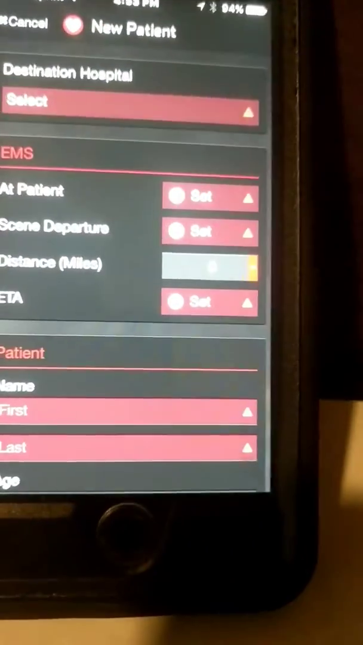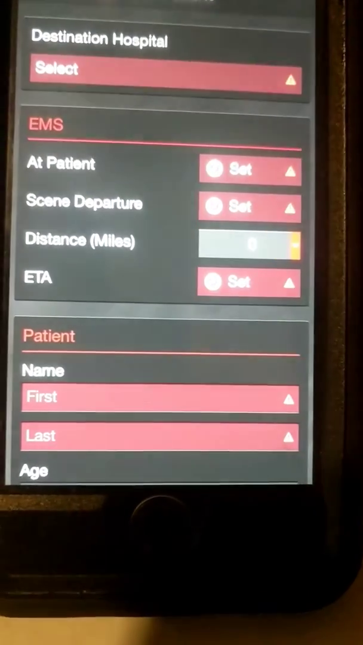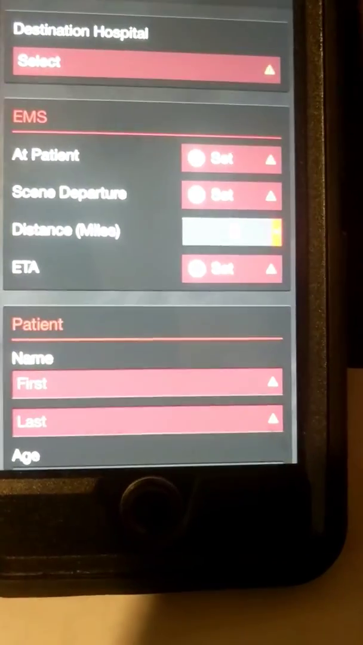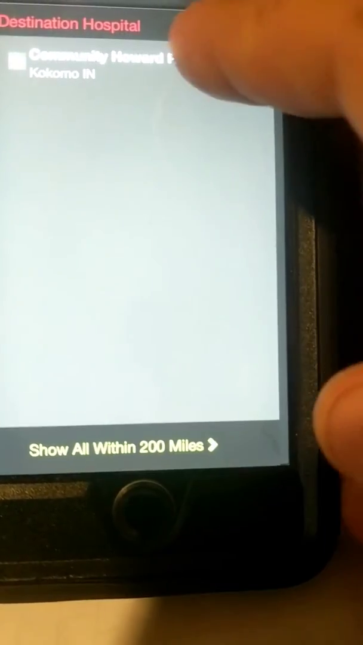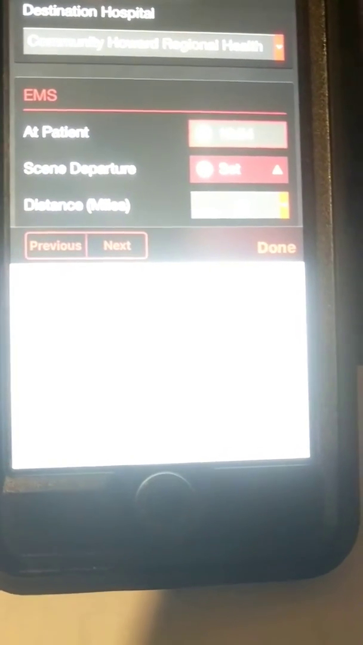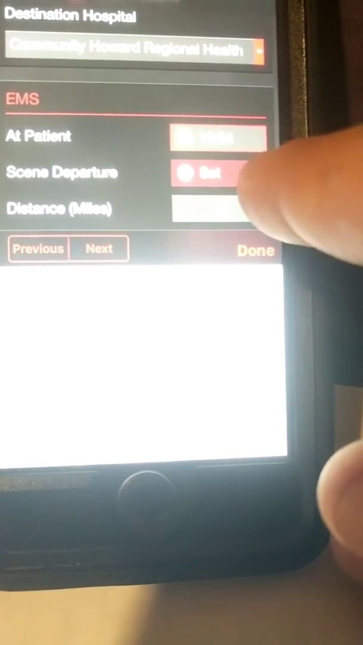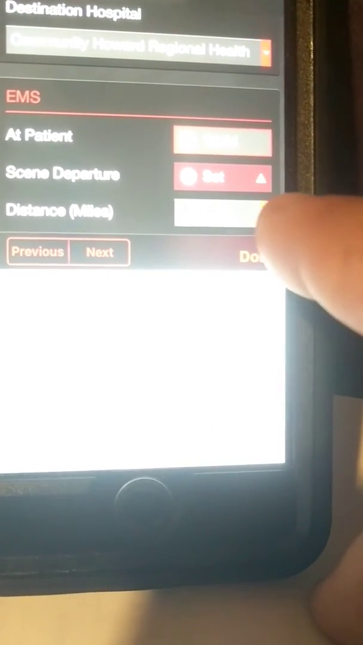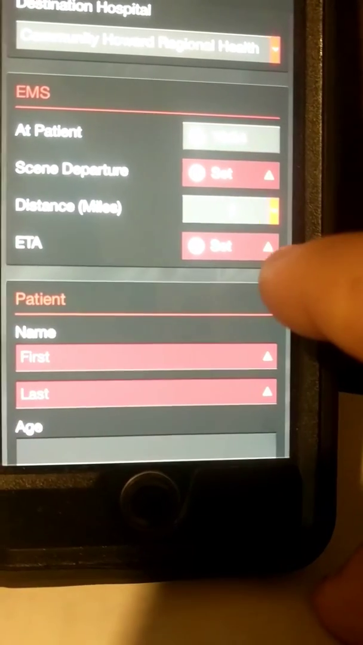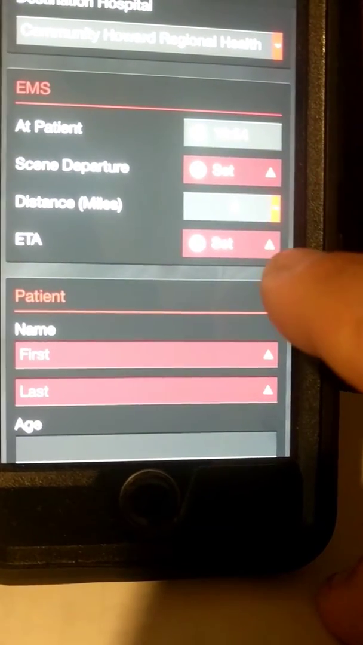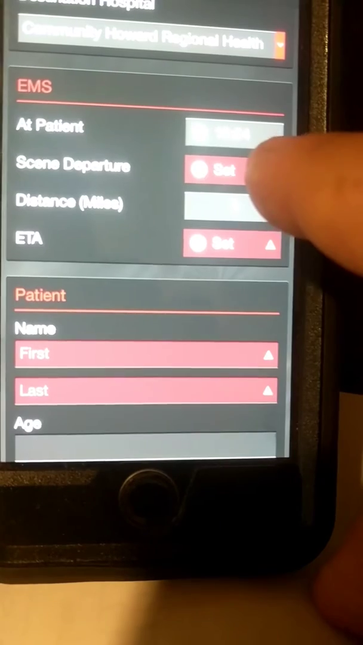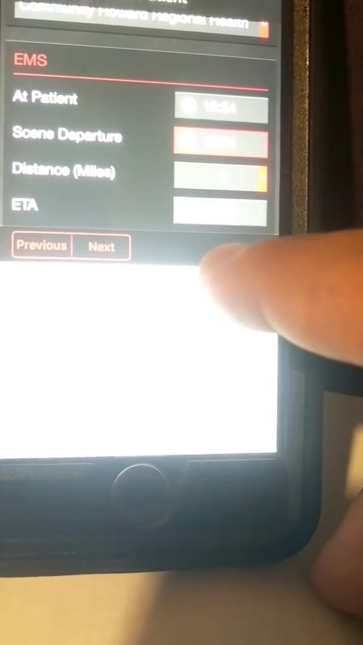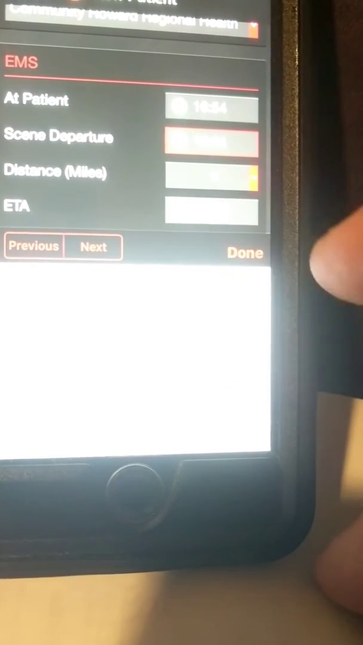Any time that you see a triangle there, right here, those are required fields. So with that being the case, you have to select the hospital. We only have one, since that's us. You have to select your at patient time. So let's say our at patient time is now 16:54. Now there's an orange triangle here and an orange triangle here. But what Pulsara does for us is once we set our scene departure time, and we can say we're going to depart at